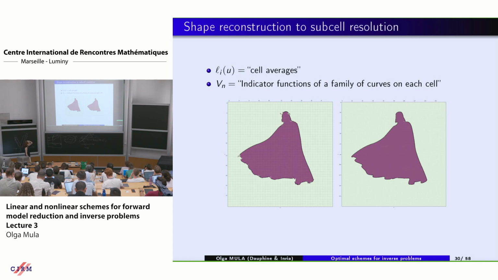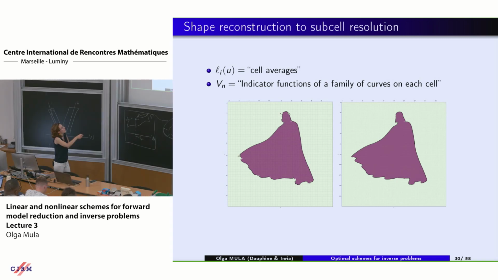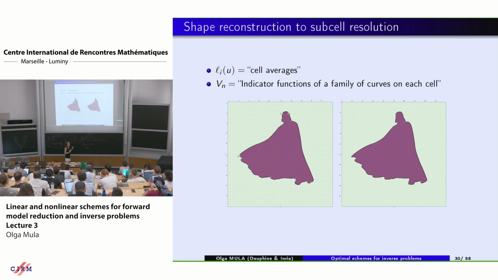We have a certain shape, this Darth Vader, for example, and the game is that our observations, Li of u, are going to be cell averages. Here, I don't know if you see in the screen, there's a grid. In each part of the grid, we are assuming that we don't observe the shape. Instead, we are given just the local averages of the shape inside each cell. And the goal is that we want to reconstruct from these cell averages the shape of the underlying, the border